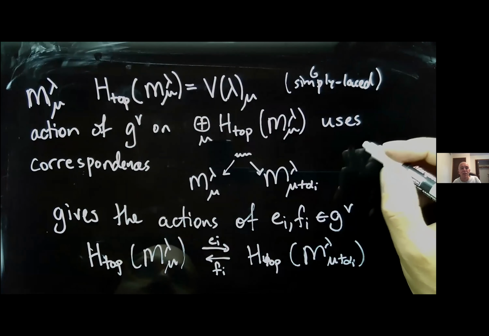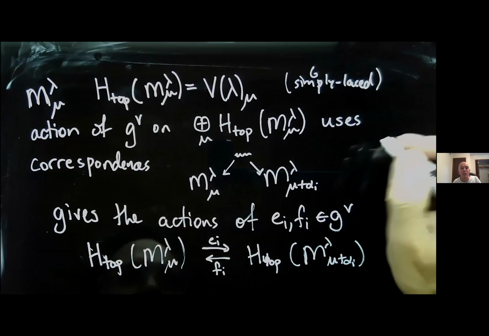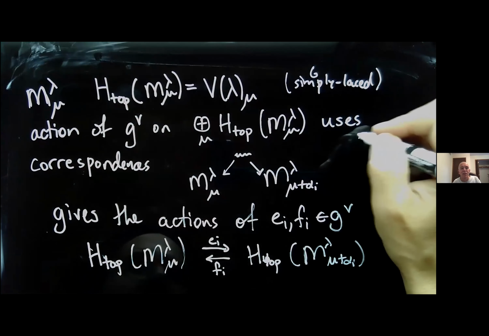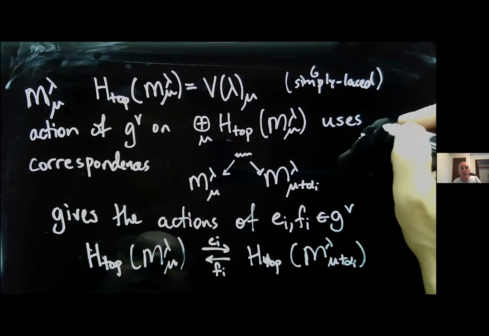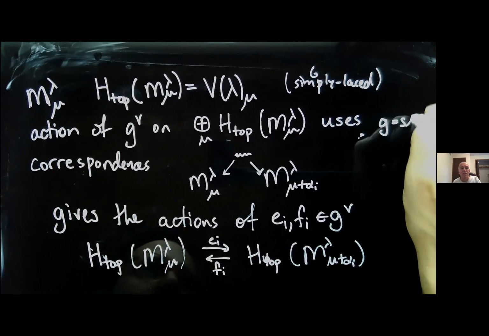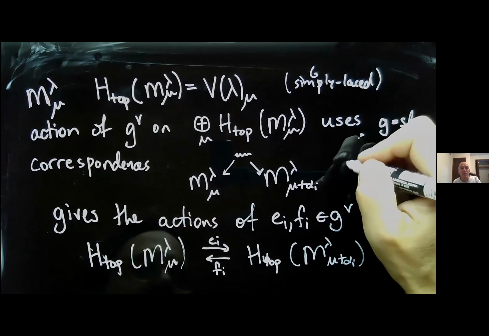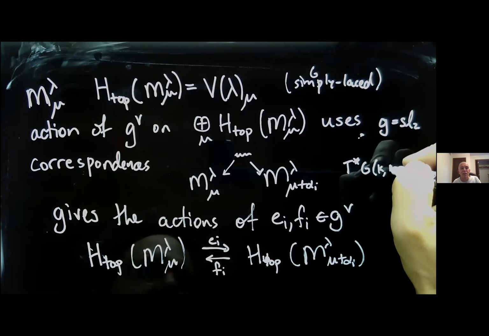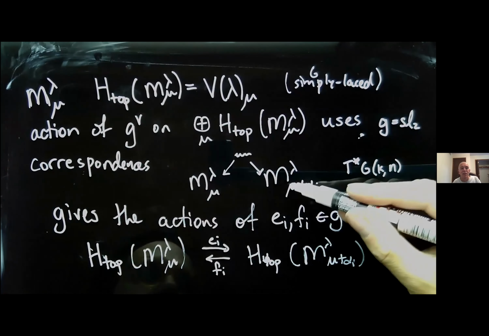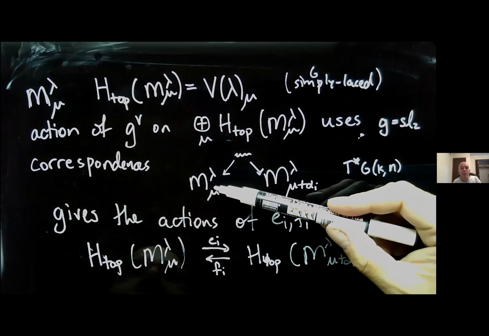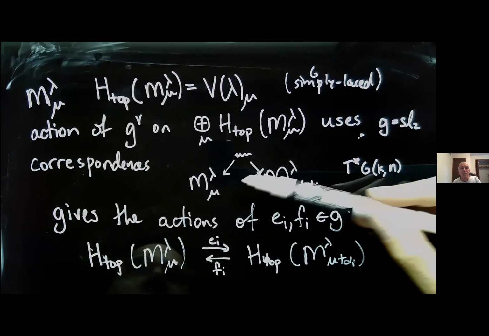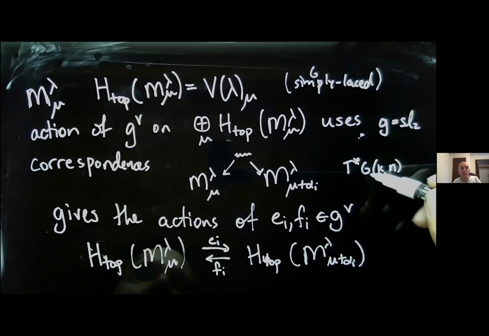Maybe just to quickly demystify this, in case it is not familiar to you already. For example, if we took G to be SL2, then these quiver varieties would just be cotangent bundles of Grassmannians GKN, and this correspondence would involve the cotangent bundle of GKN and the cotangent bundle of GK plus 1n, and the correspondence would be the co-normal bundle of the natural incidence correspondence between GKN and GK plus 1n.